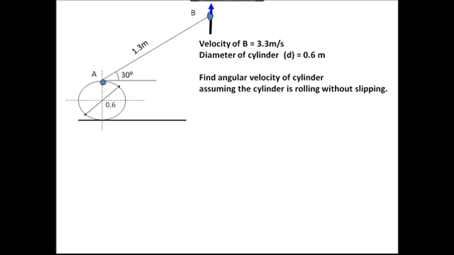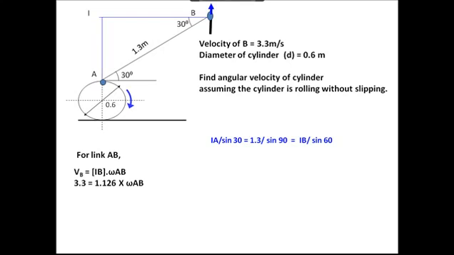This link is hinged to the cylinder at A, and the cylinder is supposed to be rolling without slipping. Because it's a cylinder, it touches the ground. For the cylinder, the instantaneous center is at the bottom, and therefore VA is